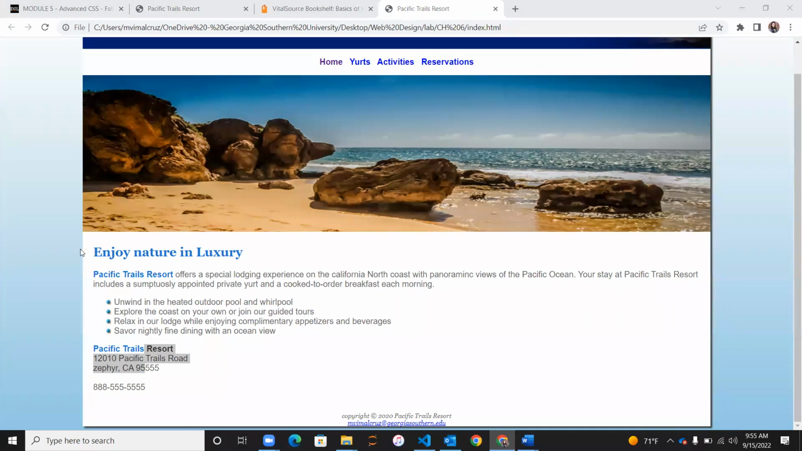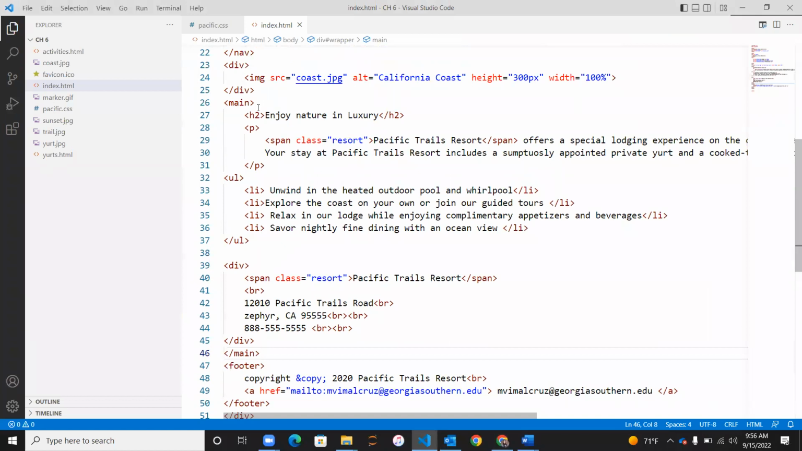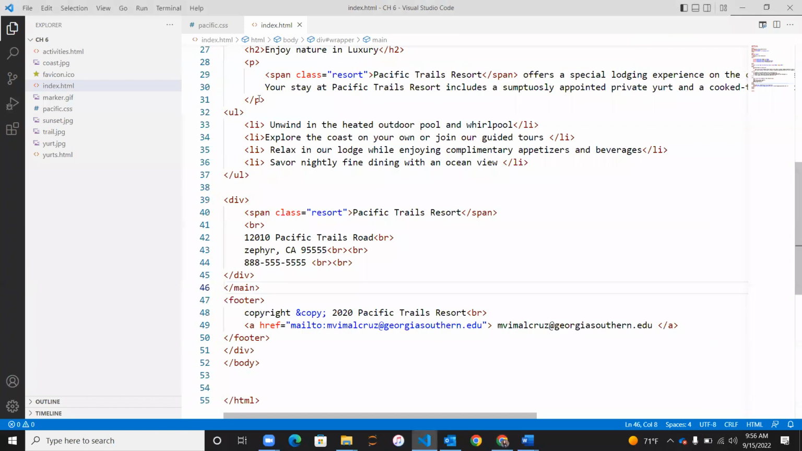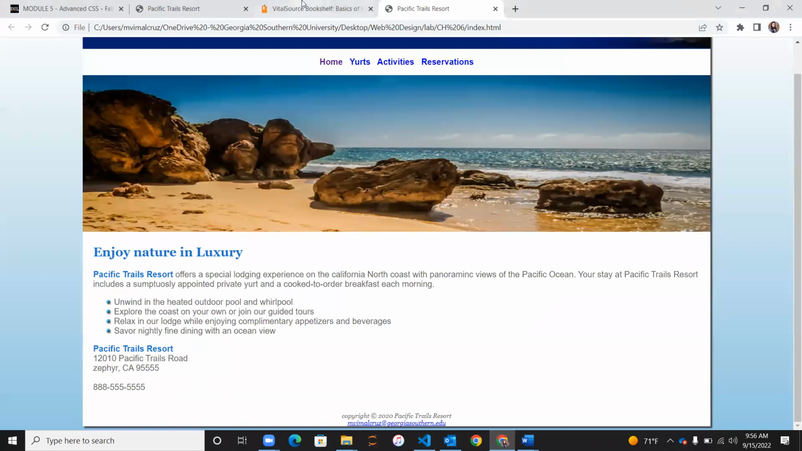So what we have done here, we have added 1 pixel in the top, 20 pixel on the right, 20 pixel, and 20 pixel in the bottom and left. So that change we have done in this main area. So make sure you have your main that closes before the footer and opens after the image. And then we have added the CSS for that, like adding the padding. So if you're done with this main element selector,